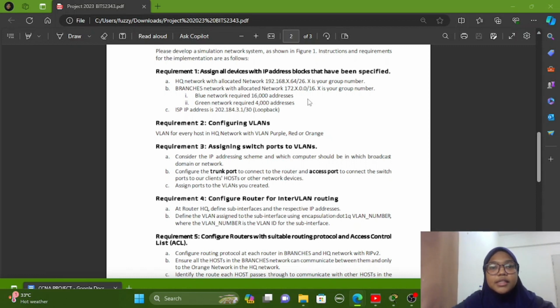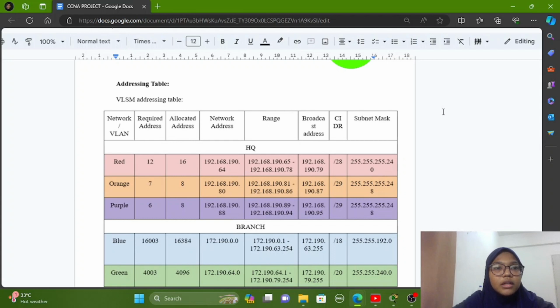ISP IP address is 202.184.3.1/30 loopback. For the addressing table, we use a VLSM addressing table to find the IP address. For the HQ, we have red, orange and purple. For the red HQ, it required 12 addresses, so the allocated addresses that we can use is 16. The new network address will be